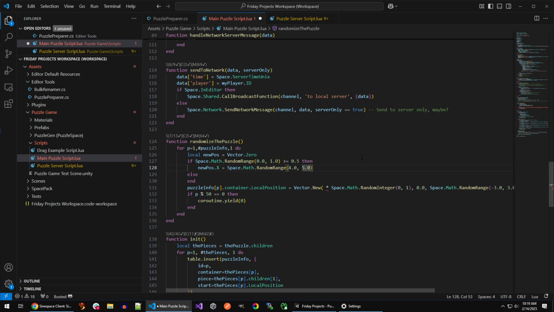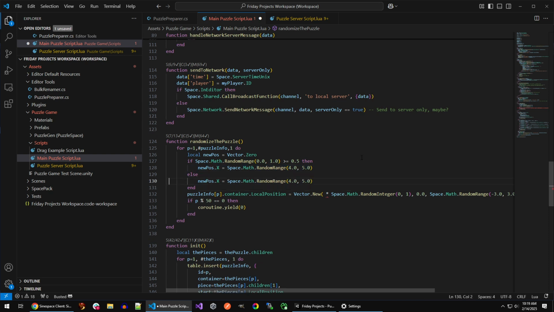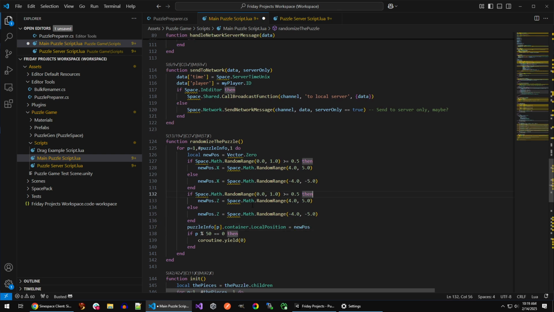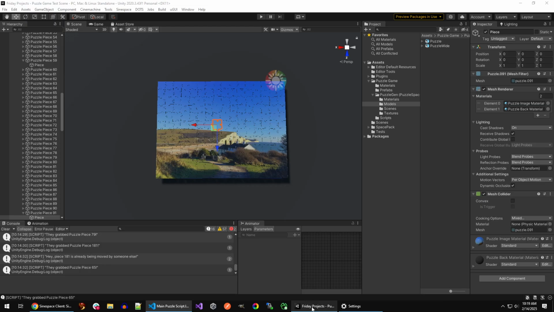So we could say in this case, if it's over 50, we want to go on one side, and that's going to be positive. If it's under 50, then we're going to a different side, and that's going to be negative, right? And we're doing that for both pieces, because we don't want to tie those two together. We don't want X and Y to both have the same random determination. And then down here, we would just say this is equal to new position, right? So this should give us, if we go over here and play this,